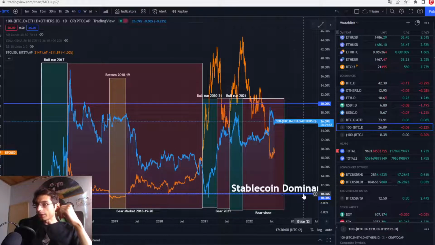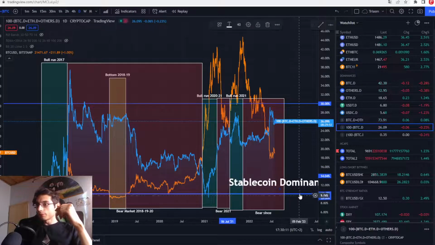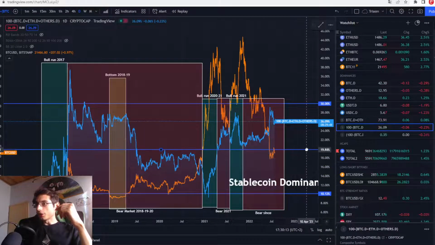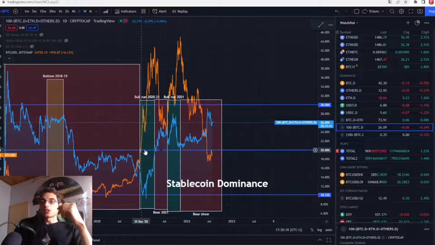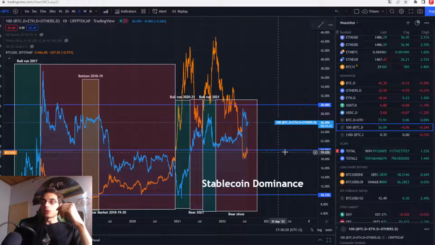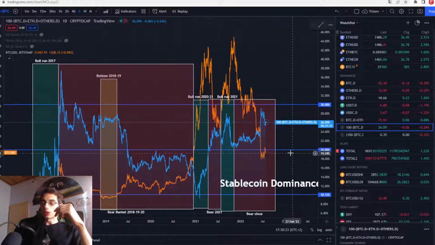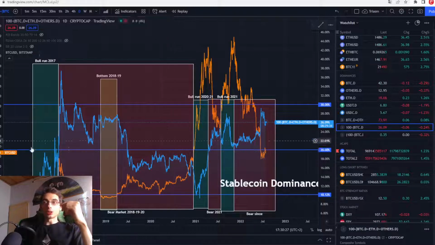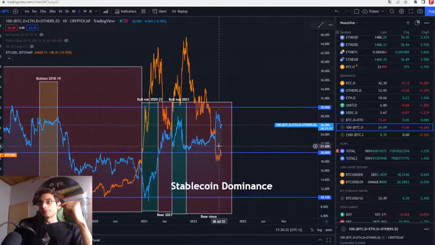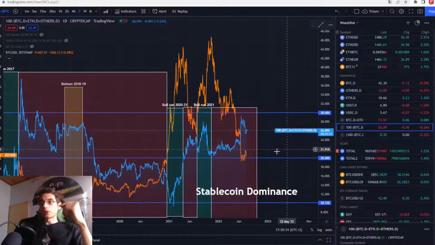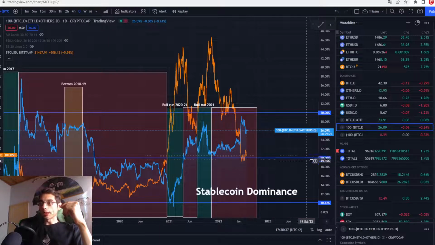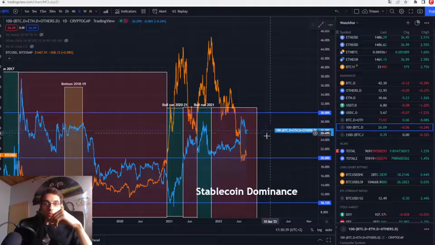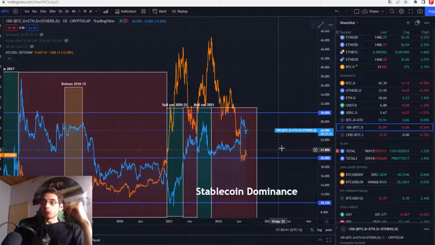I don't know why it moved away. This one here was a 20. Anyway, as you see, it made the 20%, that is the stablecoin dominance 20%. We used it as a support and as a resistance in all the bear markets and bull markets we had. And in this case, when we had this market participant, we didn't fall back to a level below the 20%. And if we do manage to do that,